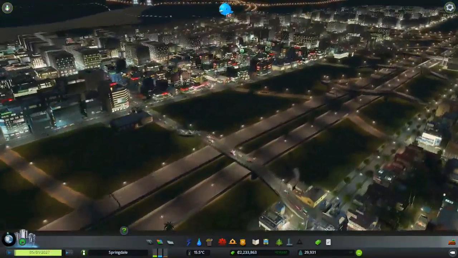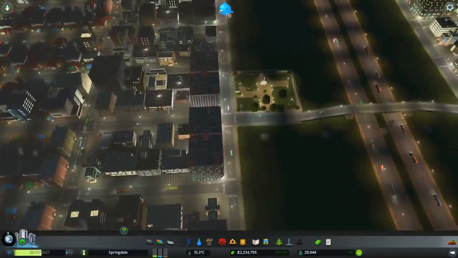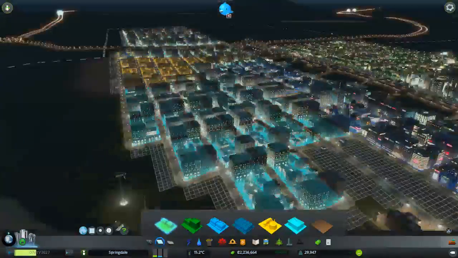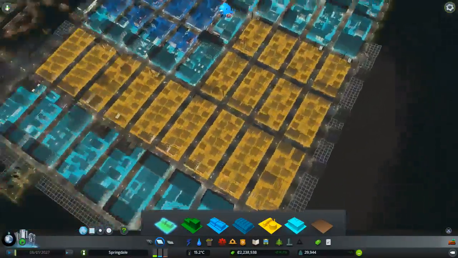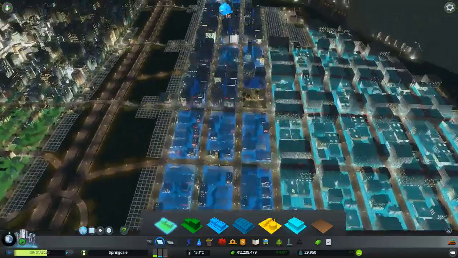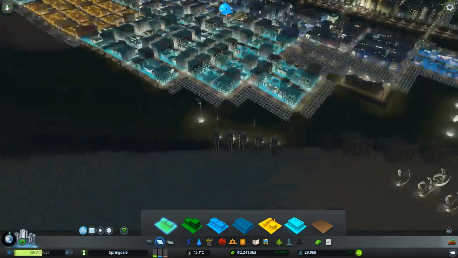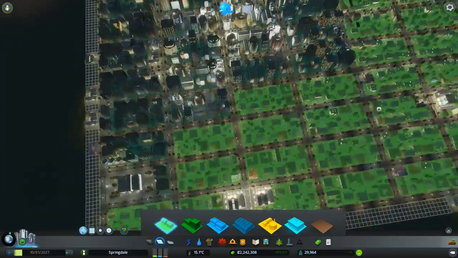So, just to give you a sort of guided tour of my city. So far, 29,900 and some odd citizens. Just to break things down easier into zones, I have this massive office area here. I have offices as a buffer between my industrial area and my commercial area. I have a ton of alternative energy powering this because I really hate coal and the way it works in this game. And then I have a crap ton of heavy residential right over here, and